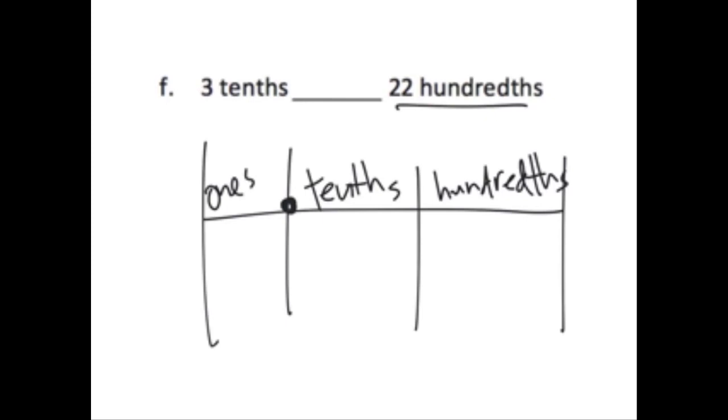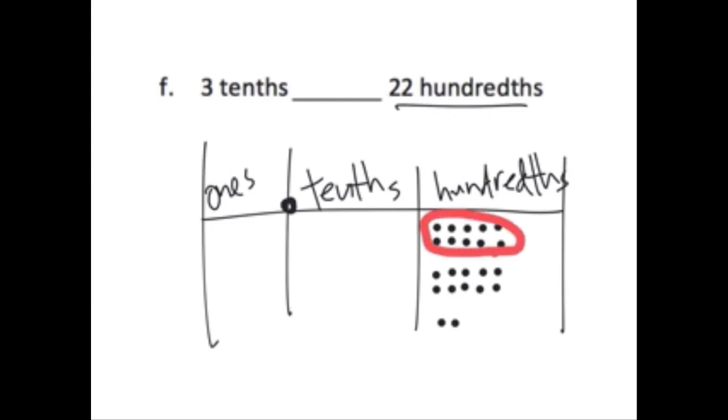Now, if you had 22/100, that means you've got 1, 2, 3, 4, 5, 6, 7, 8, 9, 10. 1, 2, 3, 4, 5, 6, 7, 8, 9, 10, and 1, 2. So there is our 22/100. But we have to remember that we can take these